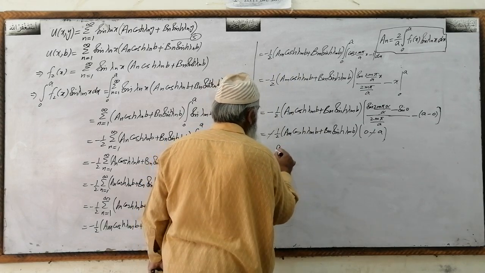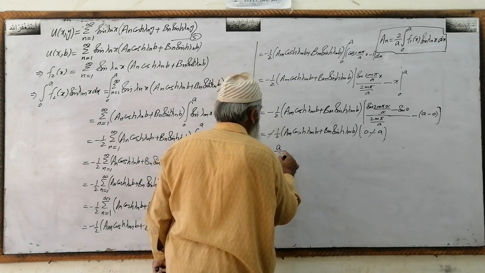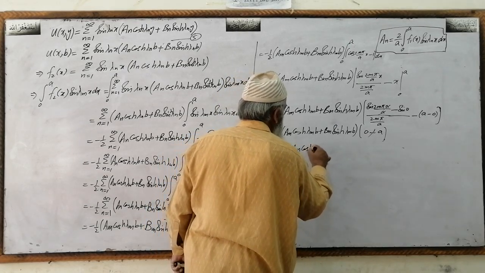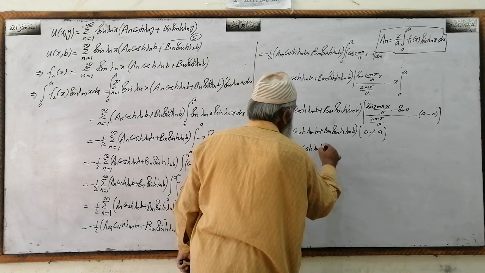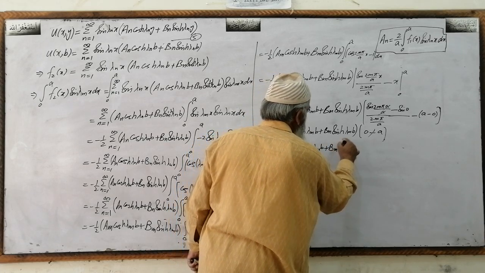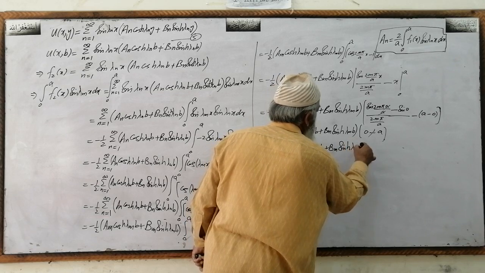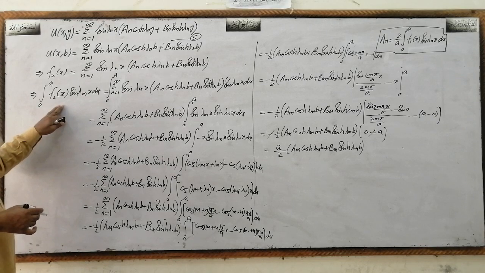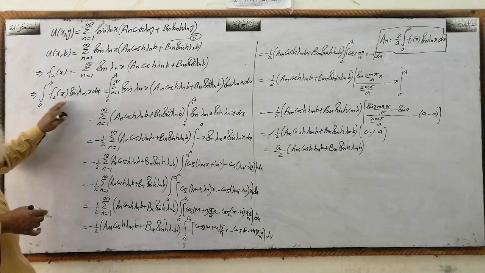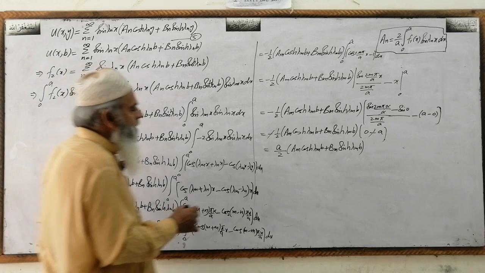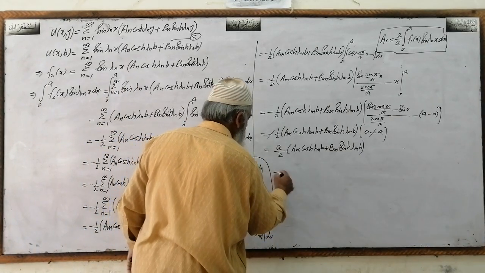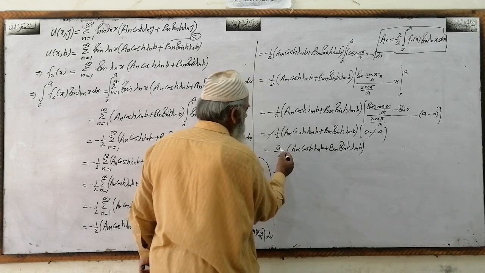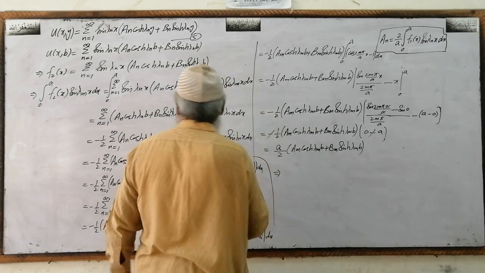This will give you a over 2 into am cos hyperbolic lambda mb plus bm sin hyperbolic lambda mb, and this was equal to what? This was equal to integral 0 to a f2x sin lambda mx dx. That's why we are now writing it as, keeping 2 over a on the right hand side, we will have